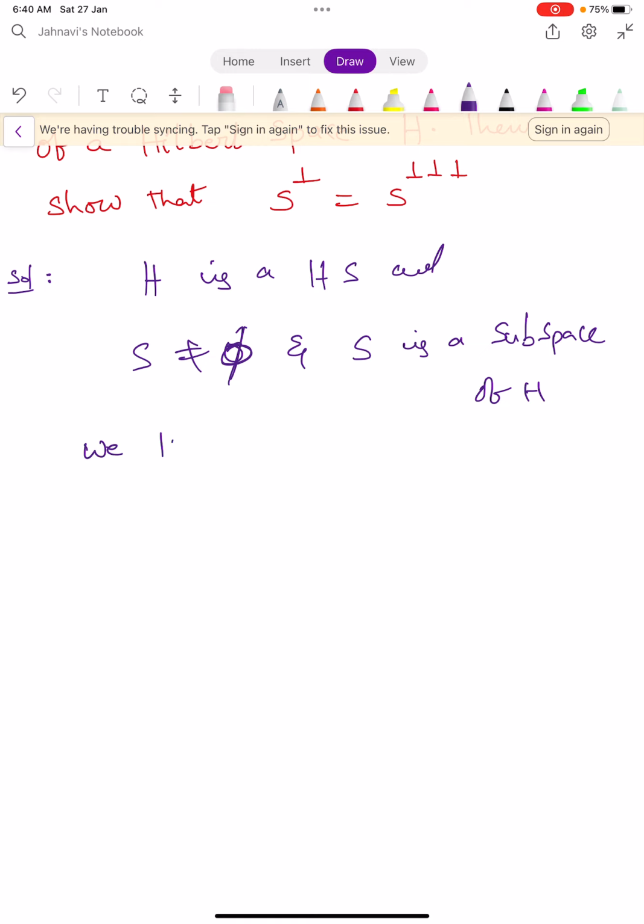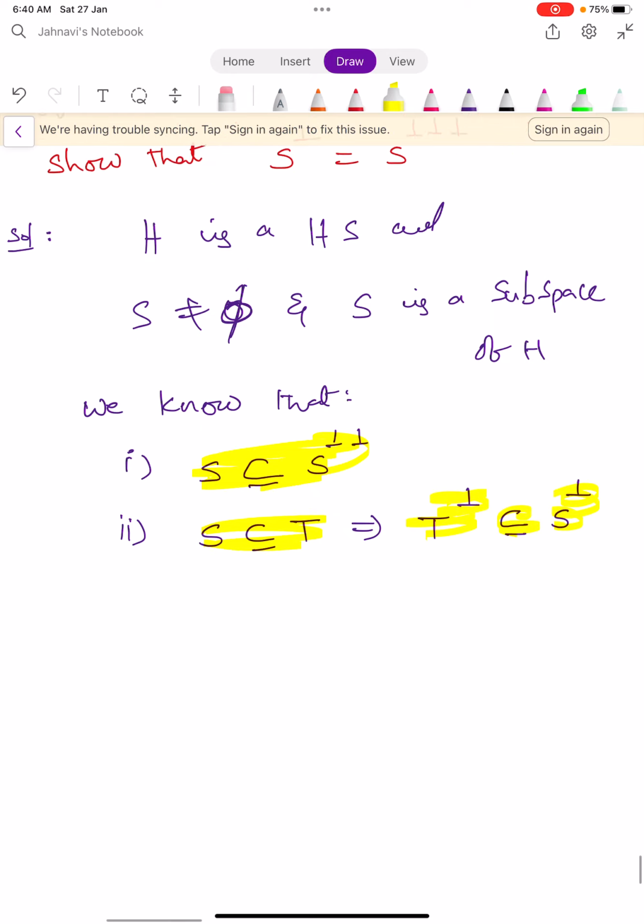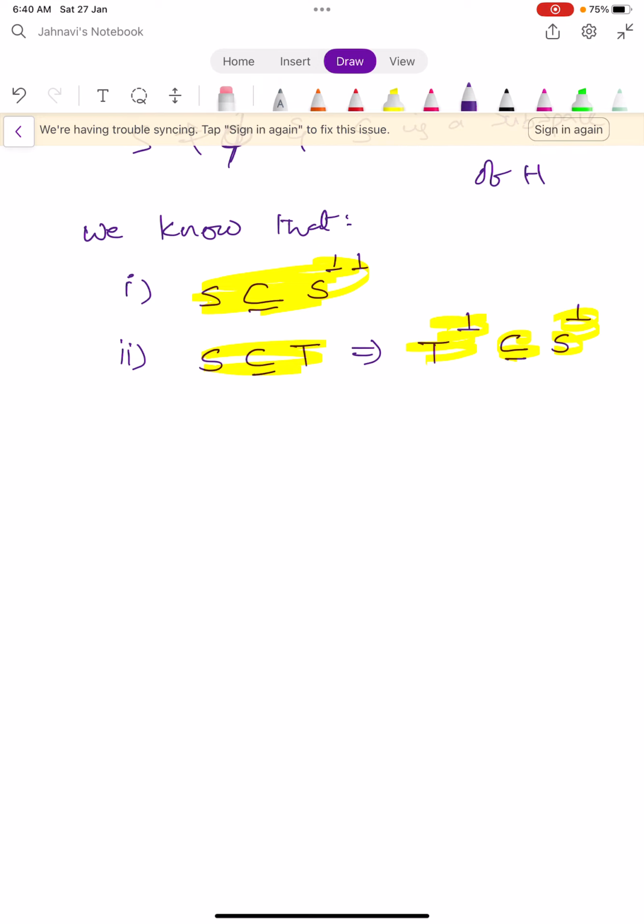Already we know a few properties of S perpendicular. The first property is S is always a subset of S double perpendicular, and the second property is if S is a subset of another set capital T, then T perpendicular is a subset of S perpendicular. So we know the properties: S is a subset of S double perpendicular, and if S is a subset of T, then T perpendicular is a subset of S perpendicular. Now, by applying these conditions,